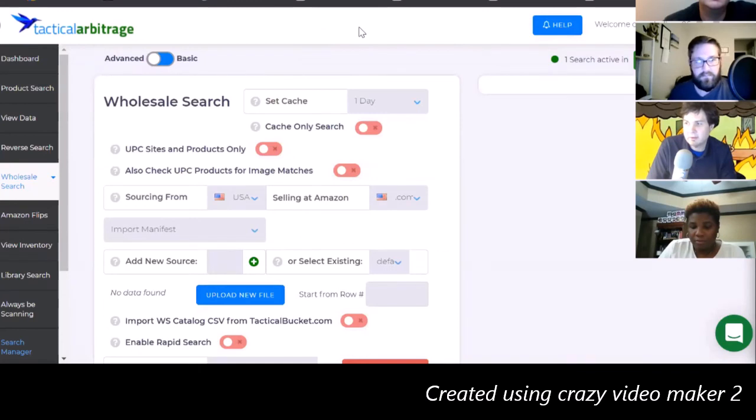Also, if you're new, you don't need this. This is a pro thing. You'll get way more value out of it with people in groups running it and kind of